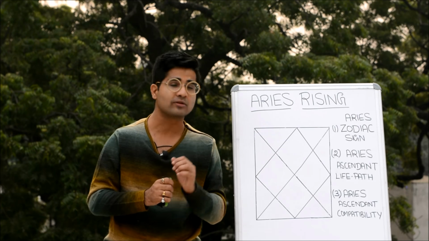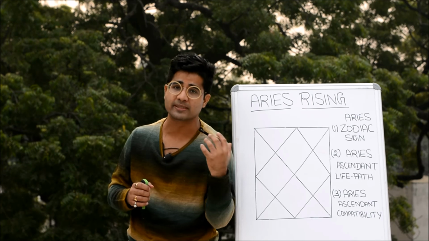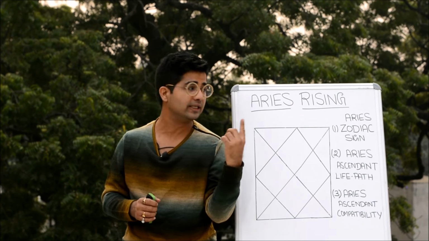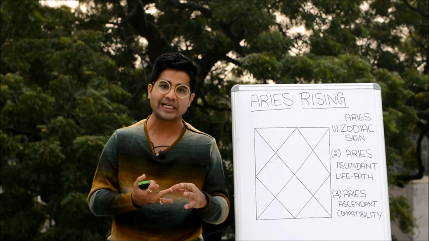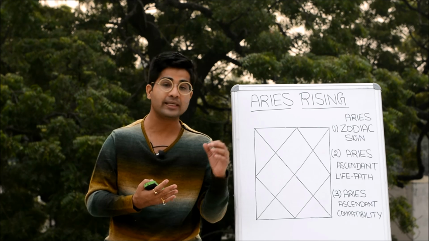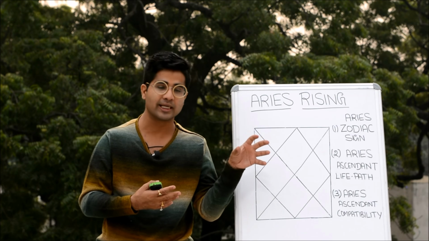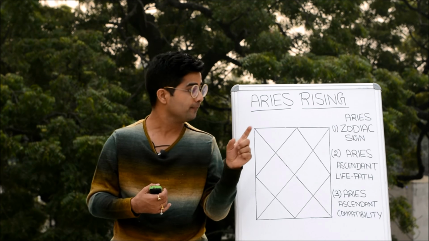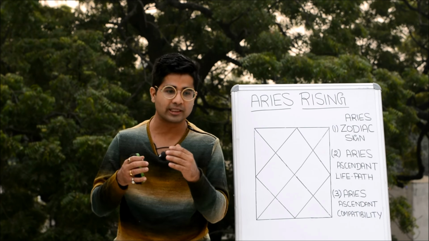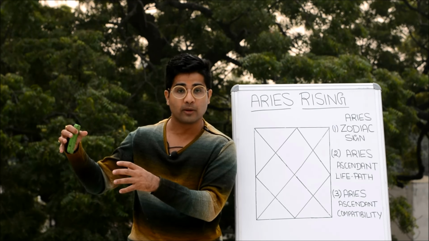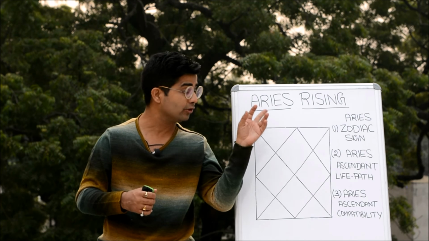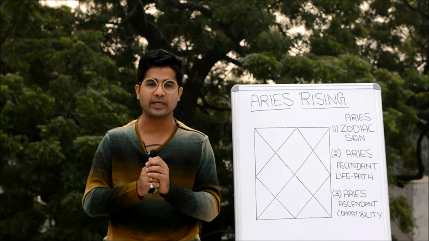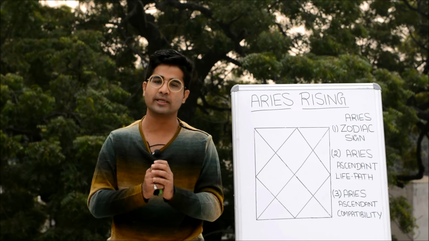Now when it comes to the Aries zodiac sign, what does it represent? As you know, the basic components of the Aries zodiac sign are these. It's a movable sign. It's a fiery sign. It rules the east direction. Its temperament is bilious, and it's a quadruped sign. It's a Prishthodaya sign, like the way the tail rises up first while getting up, because the symbol of this Aries zodiac sign is the ram. And in the body of the Kalpurusha, it rules the head. So this is about the basic components of the Aries zodiac sign.